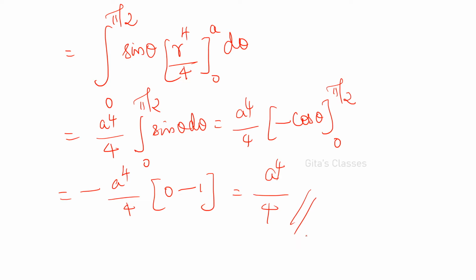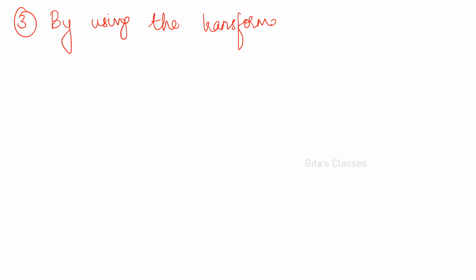Okay, we will write one more question. This is not from Cartesian to polar; this is Cartesian to another coordinate system. They will give the relationship between the xy coordinates and the new system. So this is the third question. By using the given transformation, x plus y is equal to u and y is equal to uv.